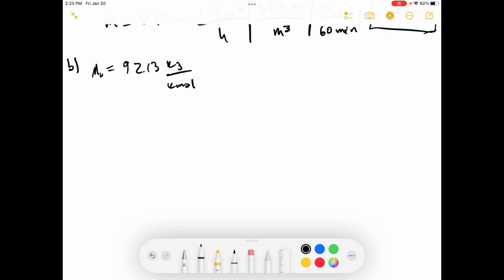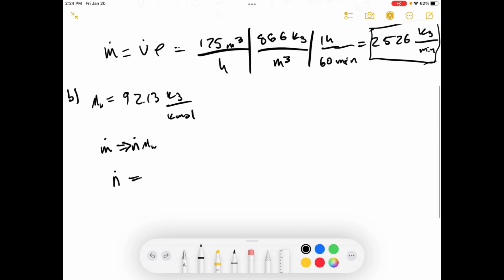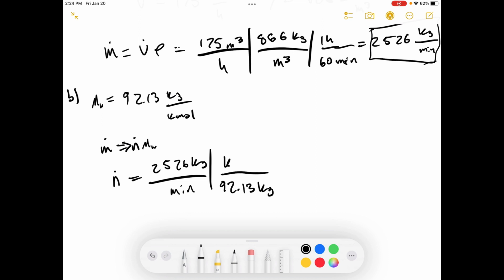Okay, so now we've got our mass flow rate goes to mole flow rate times the molar mass. So we just do our per minute, that's our mass flow rate, and then divided by our molar mass, 92.13 kilograms per kilomole, and then